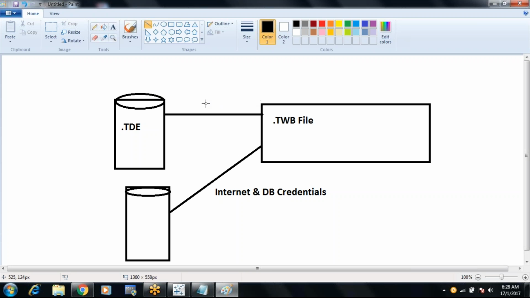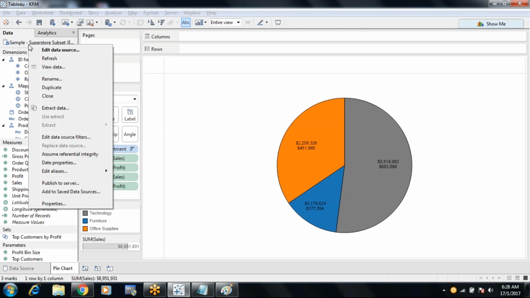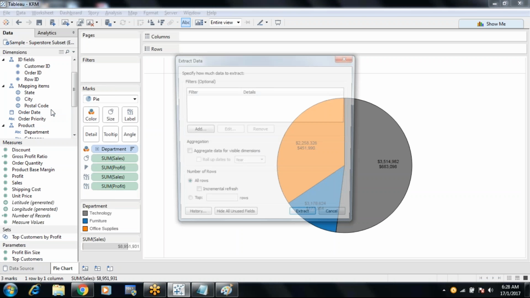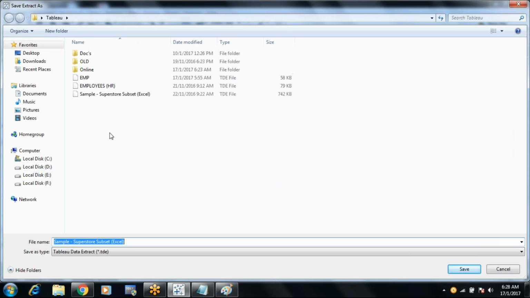and if you try to open it, it will ask you, where is the TDE file? Obviously, right? Without the data, Tableau won't open the report. Simple. I will show you. Currently I'm connecting live, so in my machine it's already there. Suppose I'm going to extract data. When we select extract, it will save into my Tableau folder, sample superstore subset,